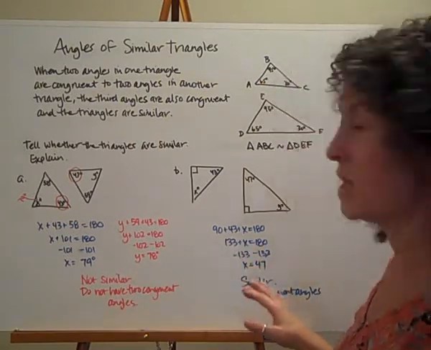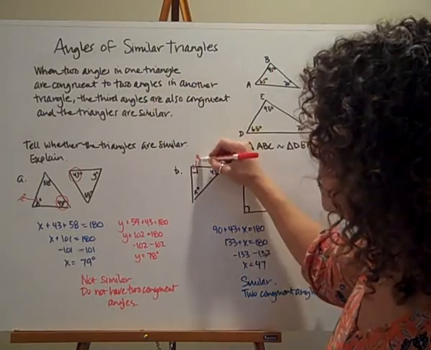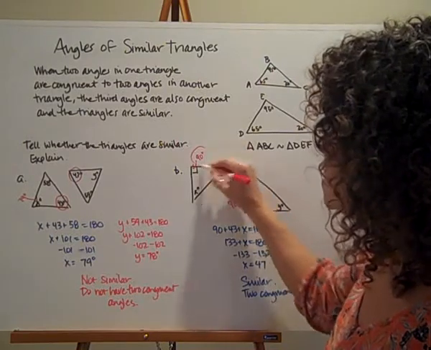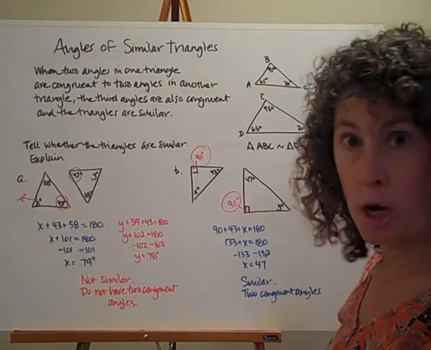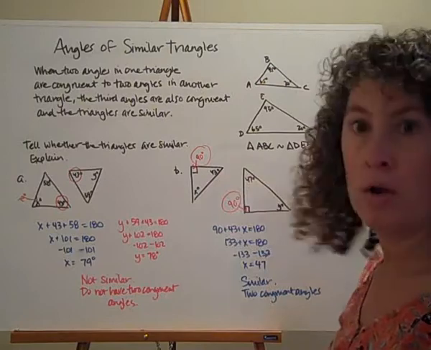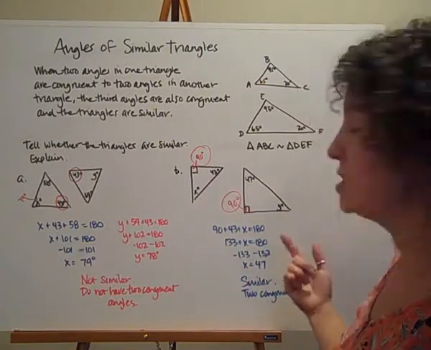Let's take a look at another set. Now this set here has those little squares in the corners. So I know that these two measures are 90 degrees. So I know I already have one pair of congruent angles. Check. Now I'm hoping that I end up with another pair over here, but I don't have a pair yet. So let's work with my X. We could have worked with the Y just as easily.